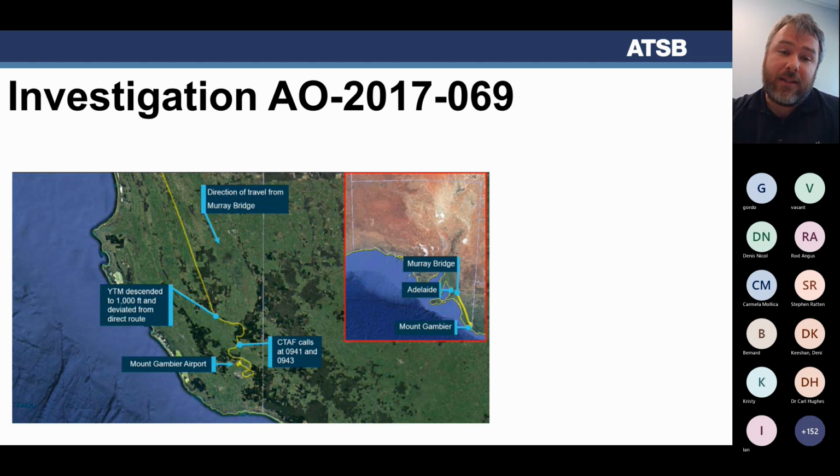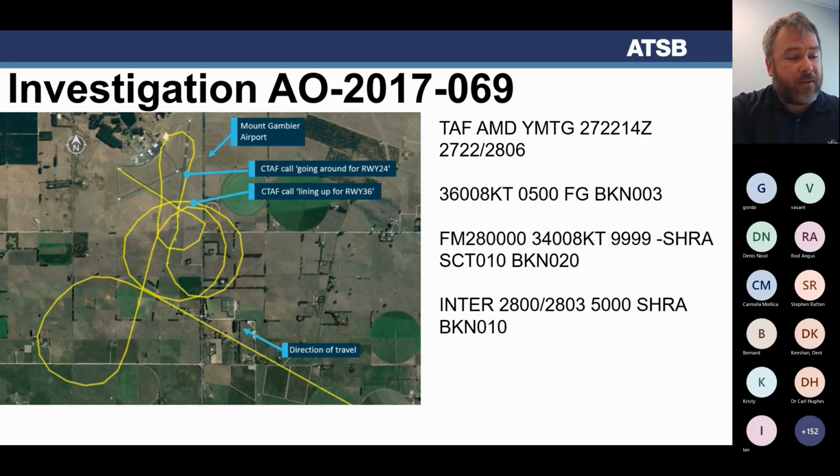So essentially, this was a flight which was designated as a community service flight on the 28th of June 2017. The pilot departed alone from Murray Bridge for Mount Gambier to pick up two passengers. At the time, you can see the TAF that was available to them to use, and you can see the conditions are below the alternate and on the margin of the VFR limits. So it's fine to go so long as you've got an alternate